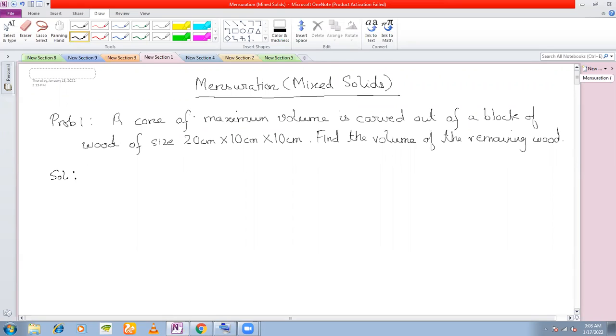Now see here, that means from this cuboidal block, a conical cavity is made inside and it is removed. So what volume of wood is left? That is the question. But what you also see in the question is the word maximum: a cone of maximum volume. So if this is your cuboid,